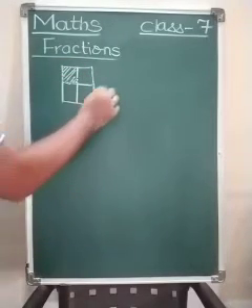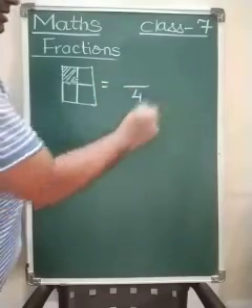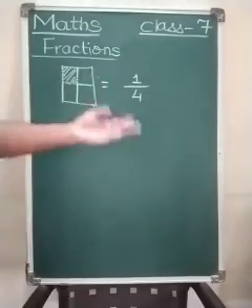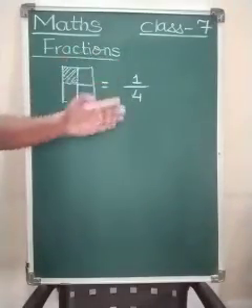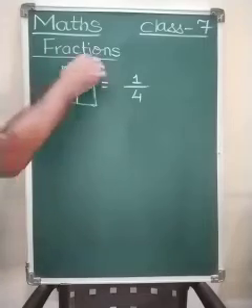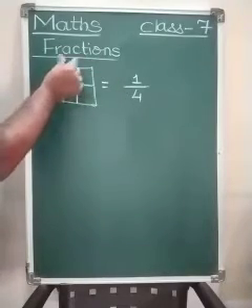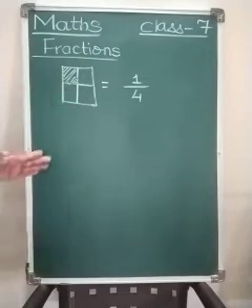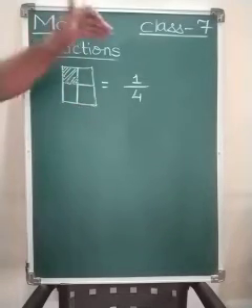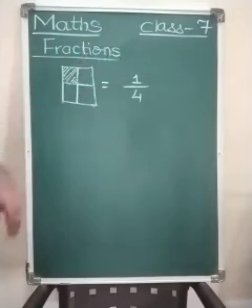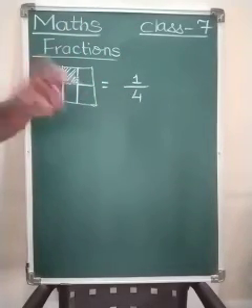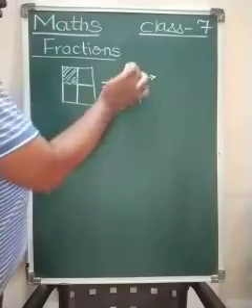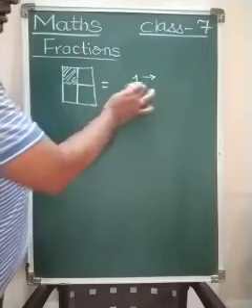So what we have done, out of 4 parts, you have given 1 part to someone else, to say your friend, your brother, your sister, and this is called a fraction. So out of the whole thing, a part has been taken out and given, or a part has been considered. This is called a fraction, or a fraction number. Now in the fraction, we have seen that there are 2 parts, the part above the division sign and the part below it.